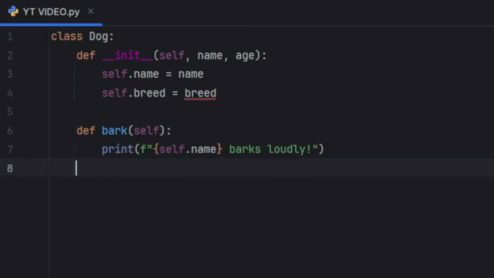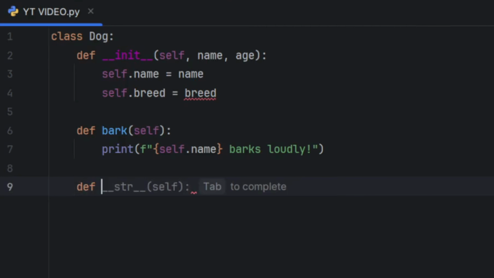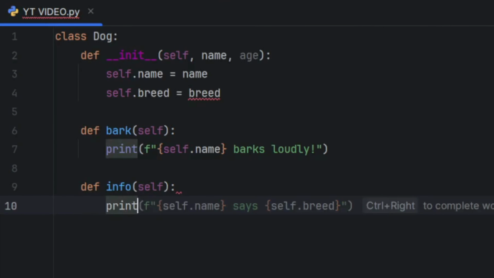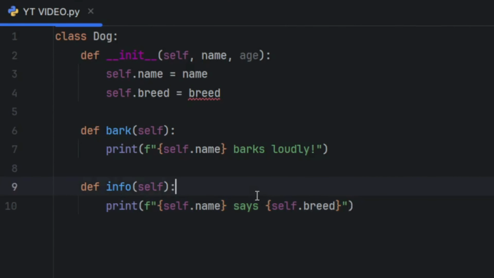And we have another method which is information about the dog, def info(self): print f-string self.name is a self.breed.